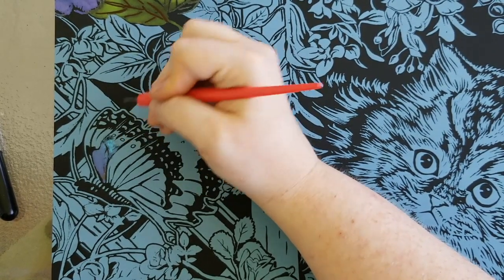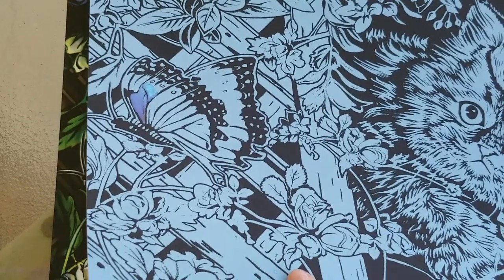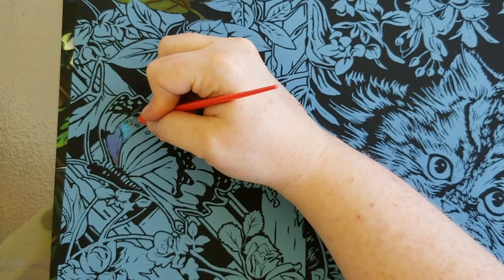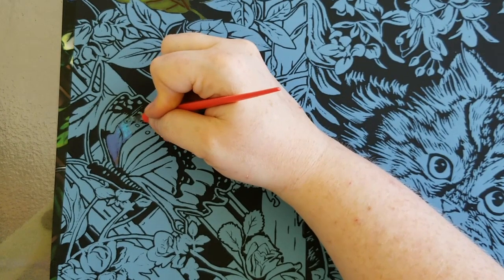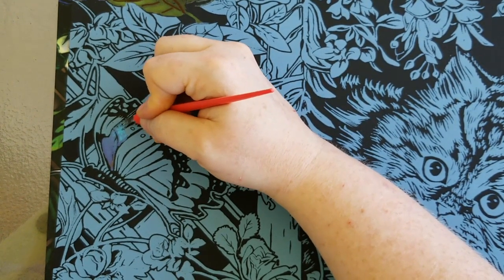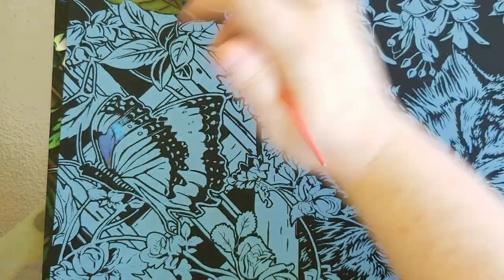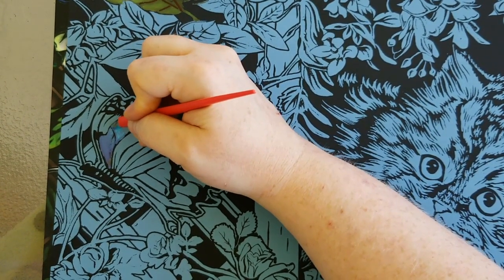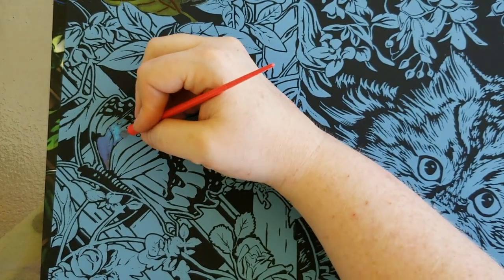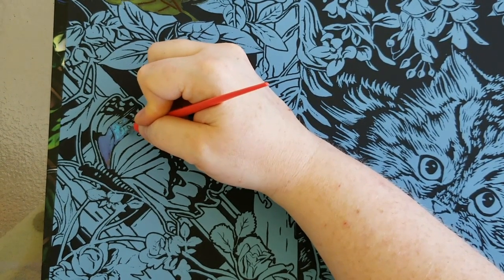Ooh, that's pretty. I don't know if y'all see that effect. Yeah, it's very similar to the butterfly underneath. Very cool. I'll probably come back and do those dots using the... So if leaving little bits and pieces behind is going to drive you crazy, this may not be the thing for you. It's not bugging me really, so not as much as I thought it would. I figured it would bother me more, but